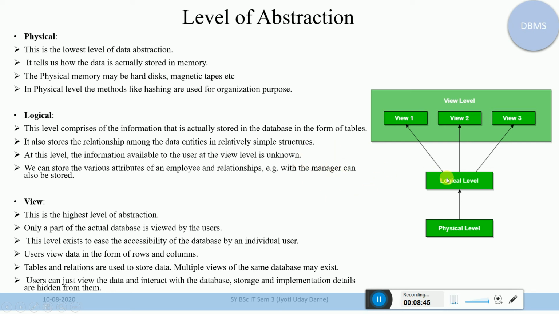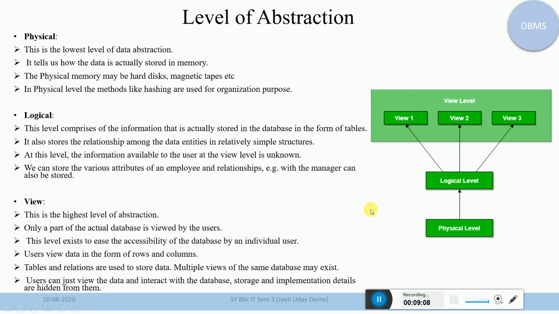So we give the relationship that these employees are under the manager. Suppose manager ABC is related to that particular number of employees. That means there is a relationship between one entity and another entity. So that logical level structure is defined in this level.